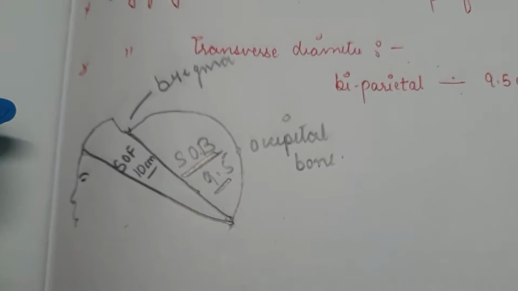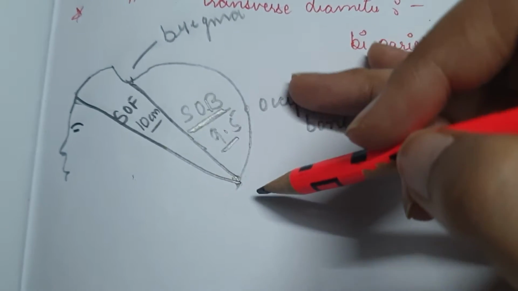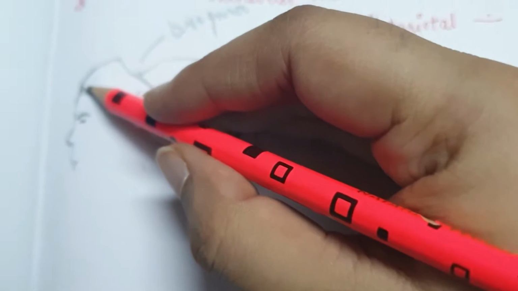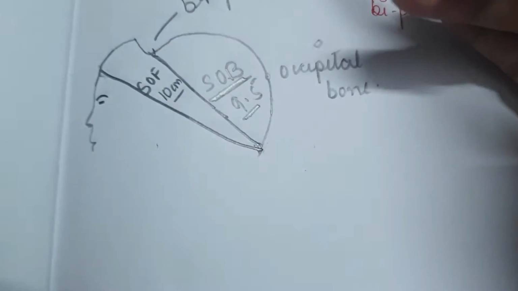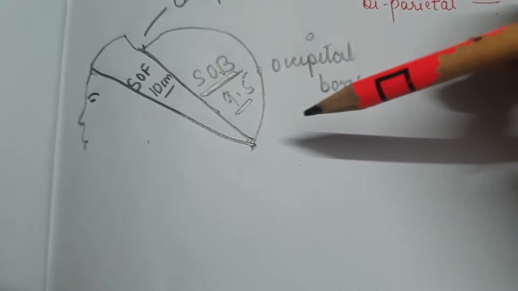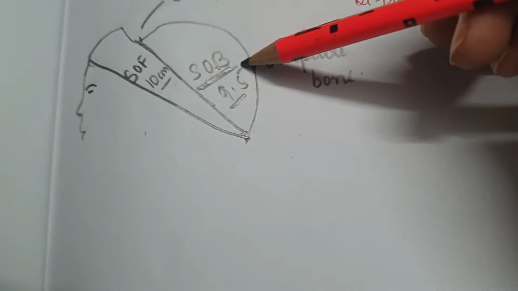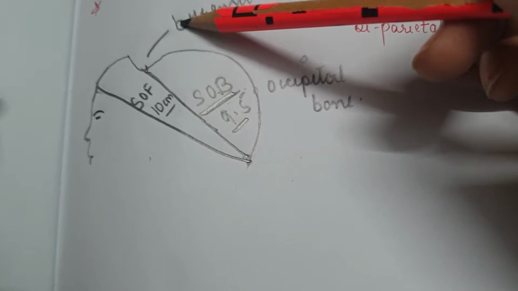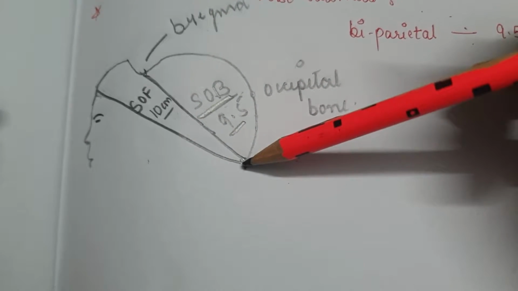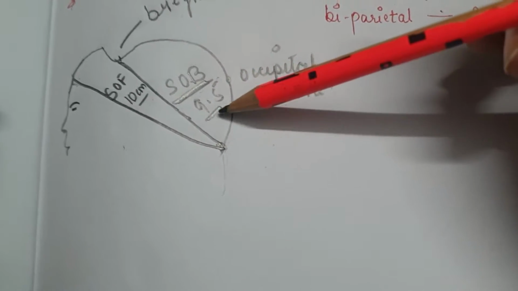So here I draw a rough diagram. Suboccipitofrontal first: we measure it from below the occiput till the middle of the forehead. That is known as suboccipitofrontal, that is 10 centimeters. And another term, suboccipitobregmatic, which is used in the future, like in flexion. The suboccipitobregmatic we measure from the middle of the bregma. Bregma is also known as the anterior fontanelle, till below the occipital bone where it joins the neck. So that is 9.5 centimeters.